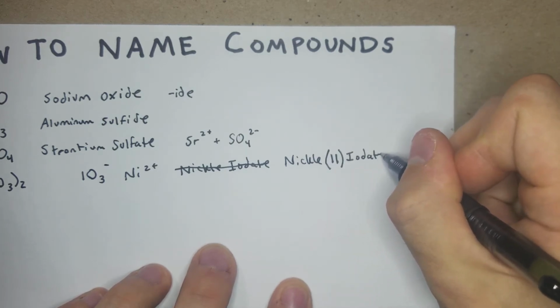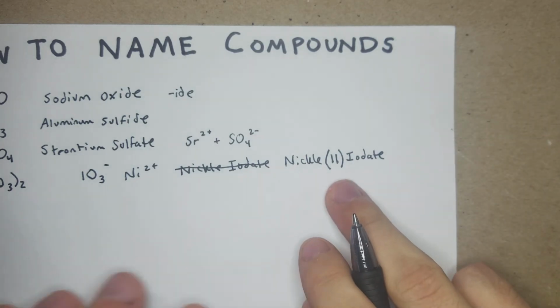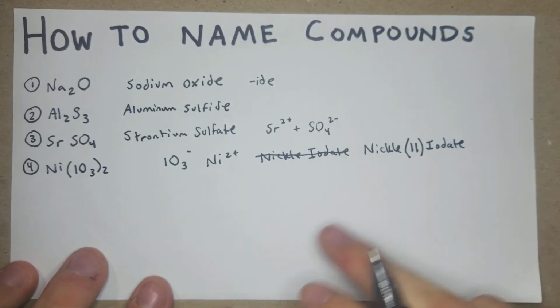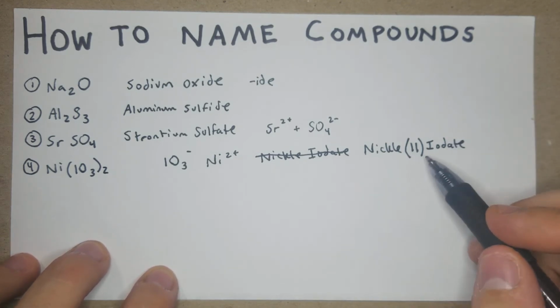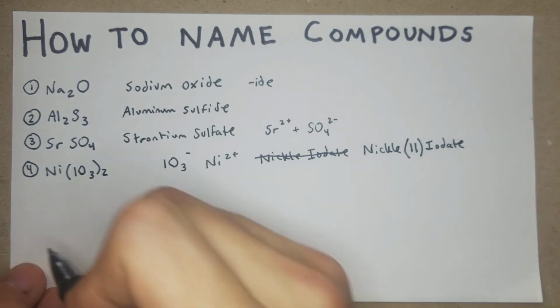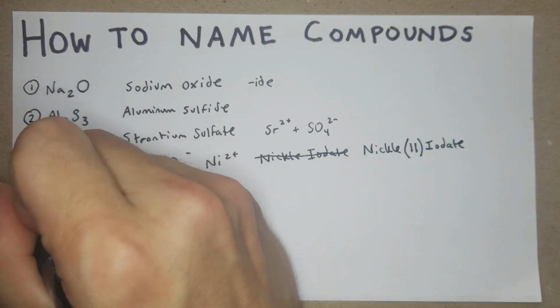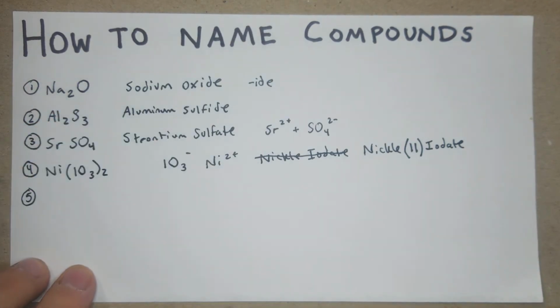Iodate. These ones were the most challenging for me, because you always have to be watching out for them. And then, do you add the charge, do you not add the charge? You never will have to if it's clear cut, but if the charge is variable, you're confirming what that is. And then we'll do, let's see here,